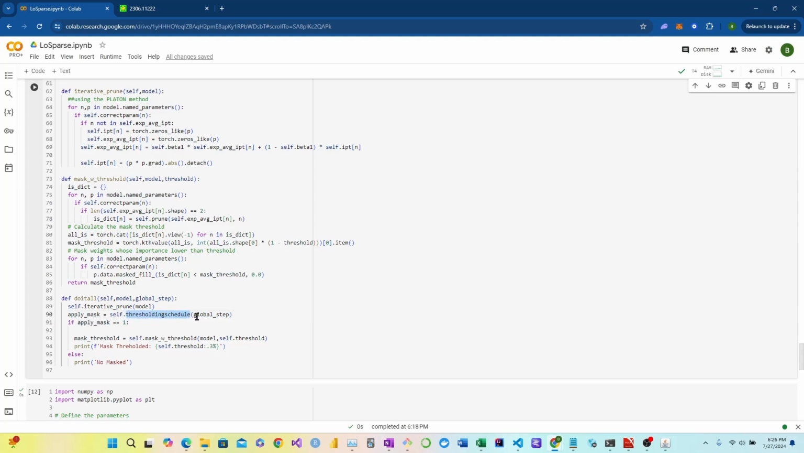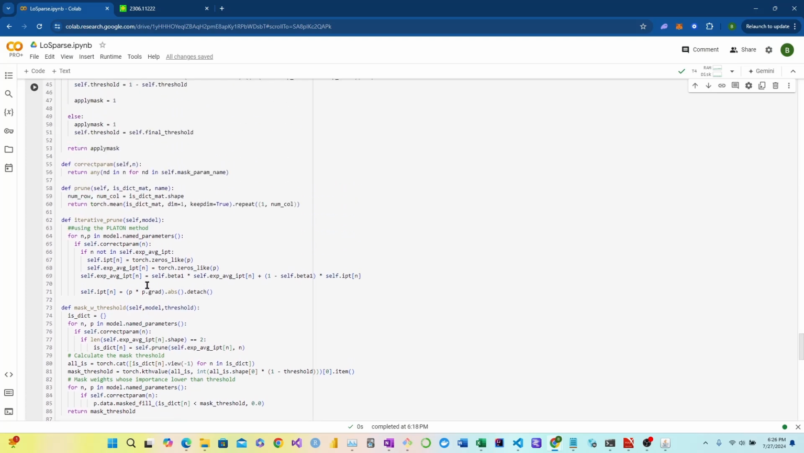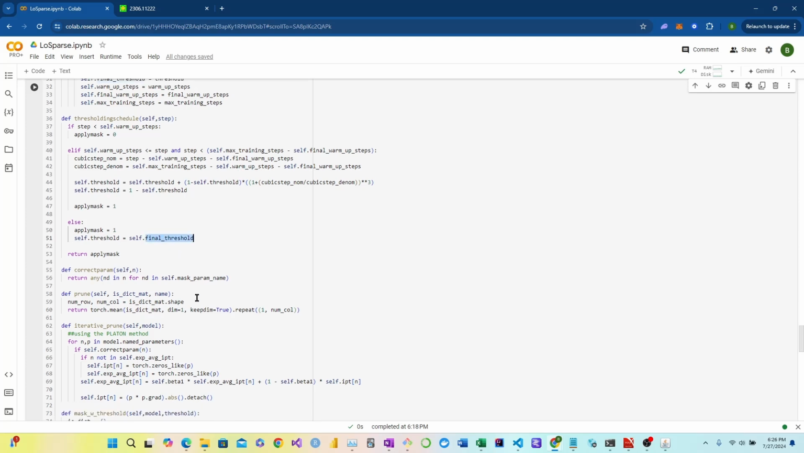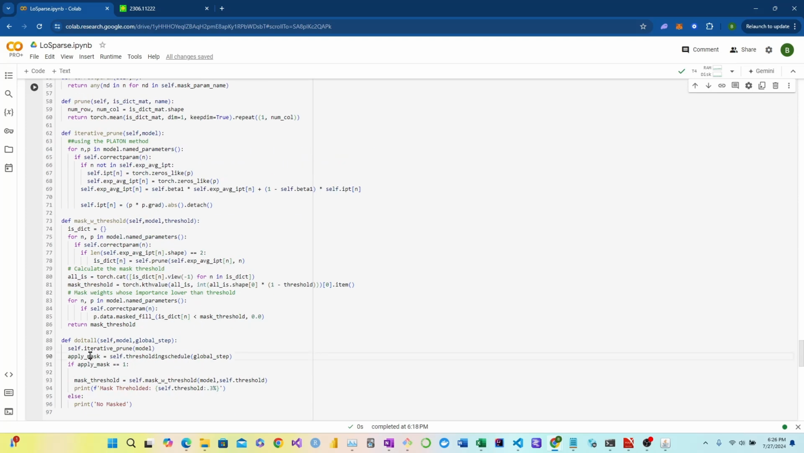So we have our thresholding schedule. We're making sure our step is in between our final training step and our warm-up step, or if it's time to just apply the final threshold. This will return whether to apply the mask or not. It will automatically update the threshold and return an apply mask. And if that apply mask is equal to 1, then we call our mask with threshold on the model